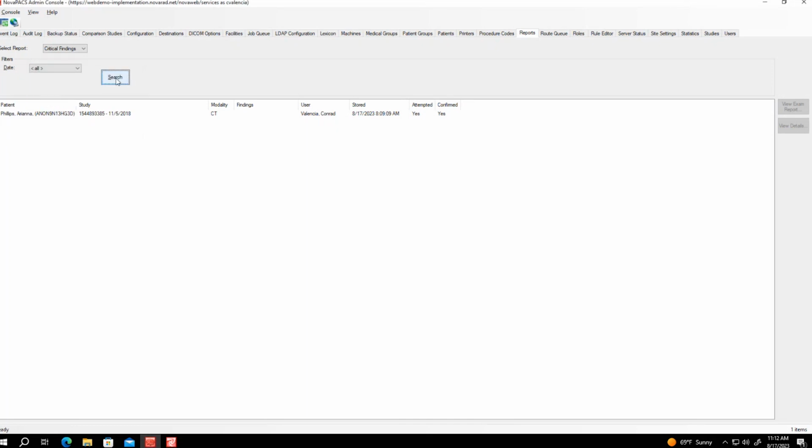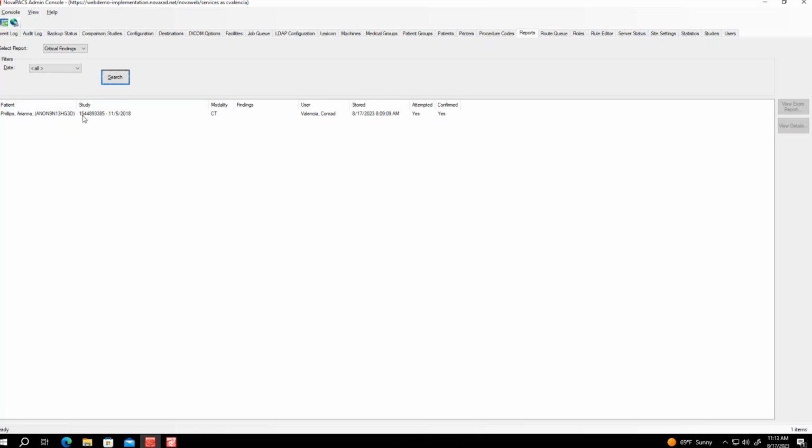But once you hit search, it returns any results for critical findings that were marked as critical findings in the Novarad viewer. Generally, it's your radiologist or an assigned personnel who are going in and utilizing our critical finding function inside the viewer.